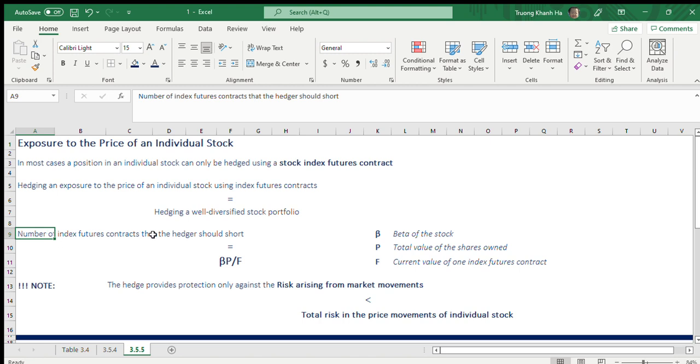The number of index futures contracts that the hedger should short is given by beta multiplied by P divided by F, where beta is the beta of the stock, P is the total value of the shares owned, and F is the current value of one index futures contract. It is very important to note that although the number of contracts entered into is calculated in the same way as when a portfolio of stocks is being hedged, the performance of the hedge is